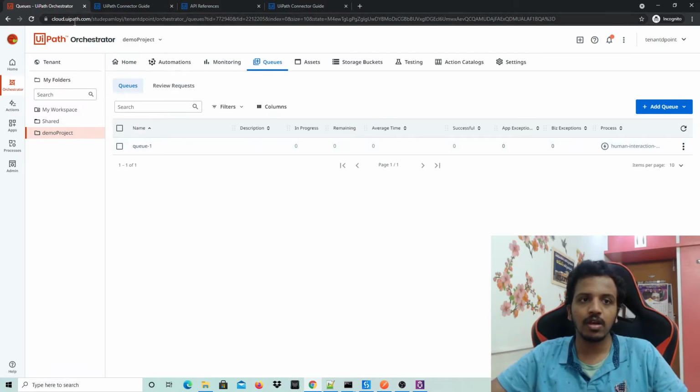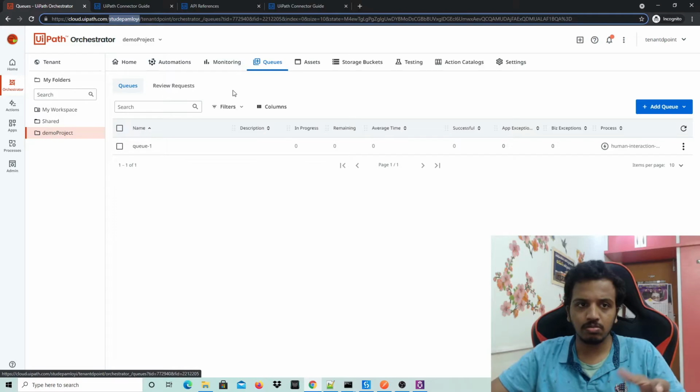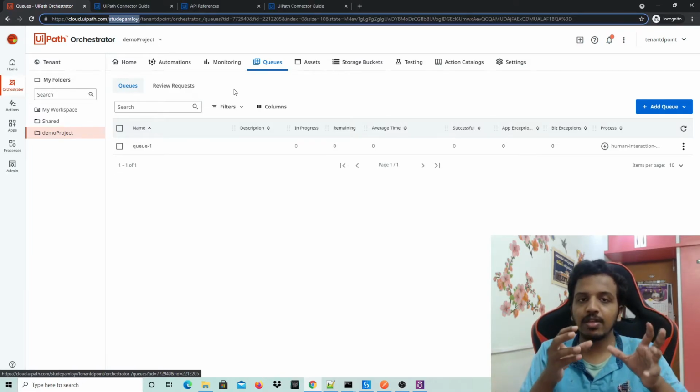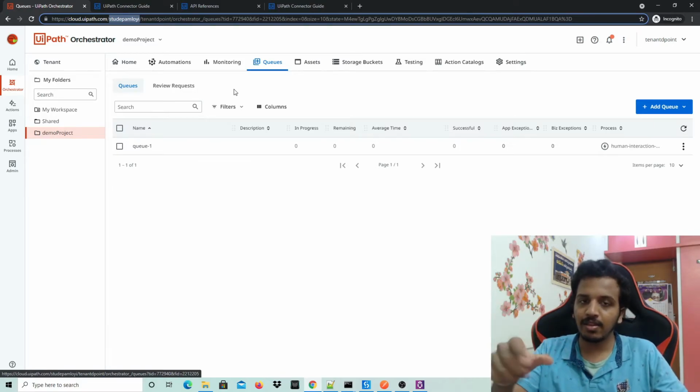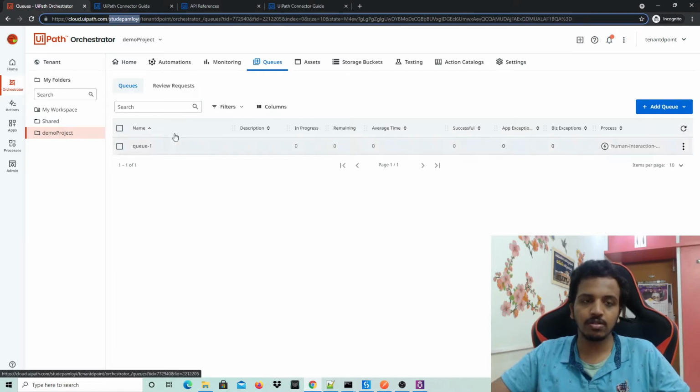First thing is cloud UiPath. Next we see something like student or employee something, that will be my org. So the URL is basically the base URL, then the org, then the tenant, and then whatever subcategories there are. So first is the org. Now this is going to be my org.